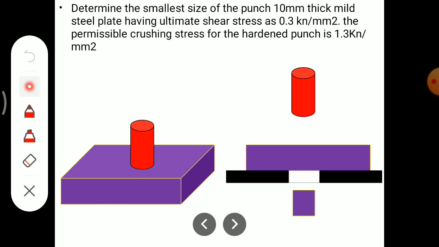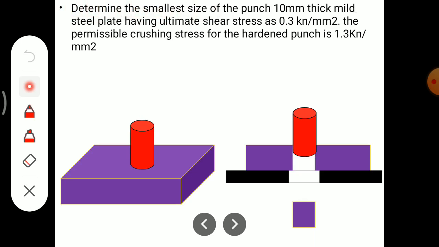Now we will draw the diagram in 2D, and you have to draw this diagram in the exam also. This is our plate, this is the base part, this is a punch. When the punch is moving in downward direction, at that time the material over here is going to be cut, and this is the final process of the punching. Now to punch the mild steel, we need to identify the diameter of the punch. Okay, this is our problem.